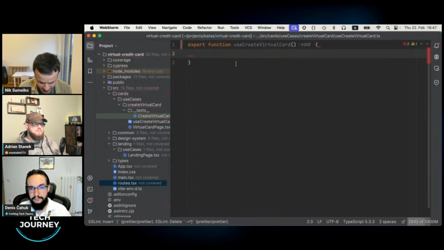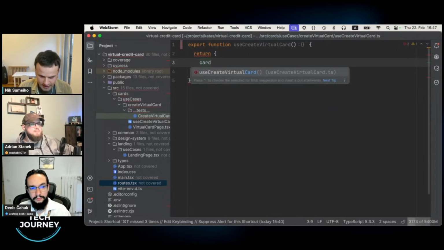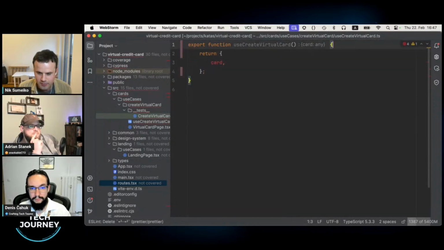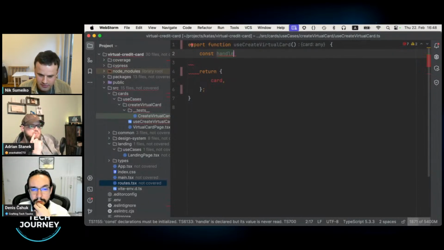And I actually want this to return some certain card. And I also want this to provide me the ability to handle a click on the button. So I will introduce some method which will be called create card, or let's name it like most developers in the React community do, something like handle click for now, okay?